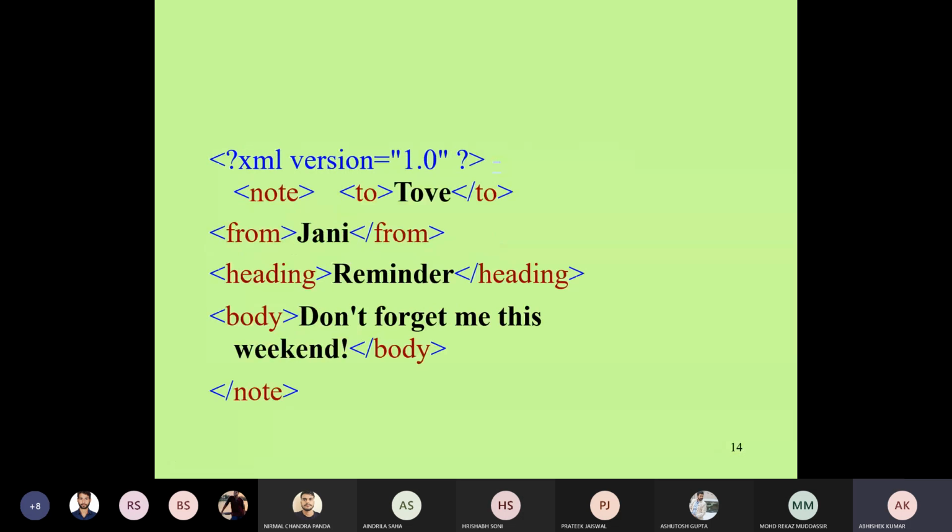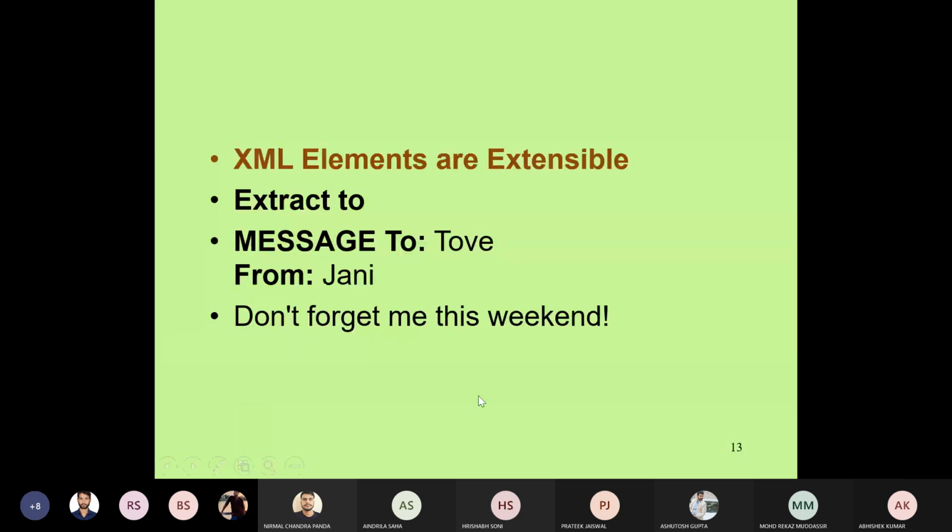Since this is a note, from this point to this point, it is a note. I am enclosing them into a note, right? After this